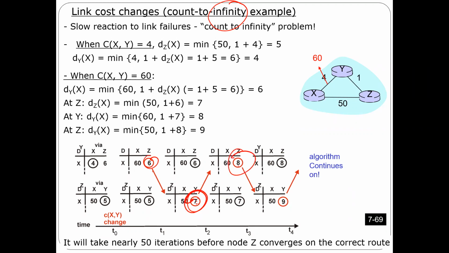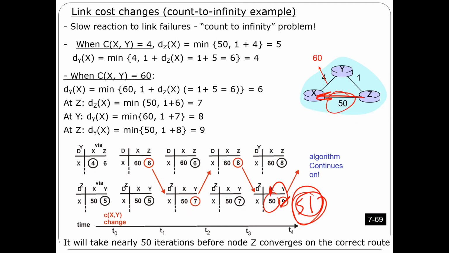You are going to increment it, you change it, and it's going to continue this way for 50 iterations, until this value becomes 51. Once this one becomes 51, I'm going to move to this route. I'm going to select this route instead, because this route is smaller. You got what I'm saying? It's maybe difficult to explain and difficult to imagine, but the problem happens simply because we don't